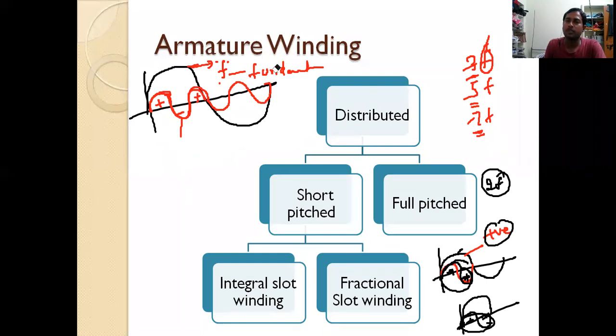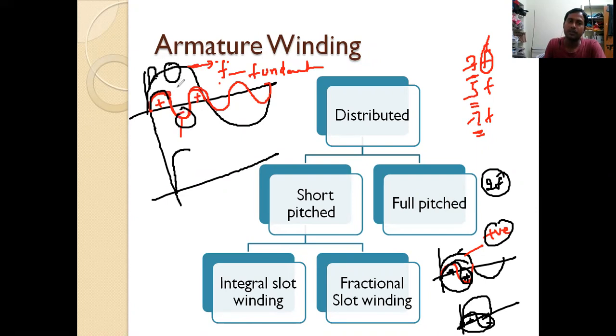In the presence of harmonics, this waveform will change like this. Look at this one. This is the positive half cycle and this is positive. Both will increase, so even in this position the actual waveform will increase. This is the increased value. Look at this one. This is positive, here negative will be there. The resultant will decrease, somewhat decrease.